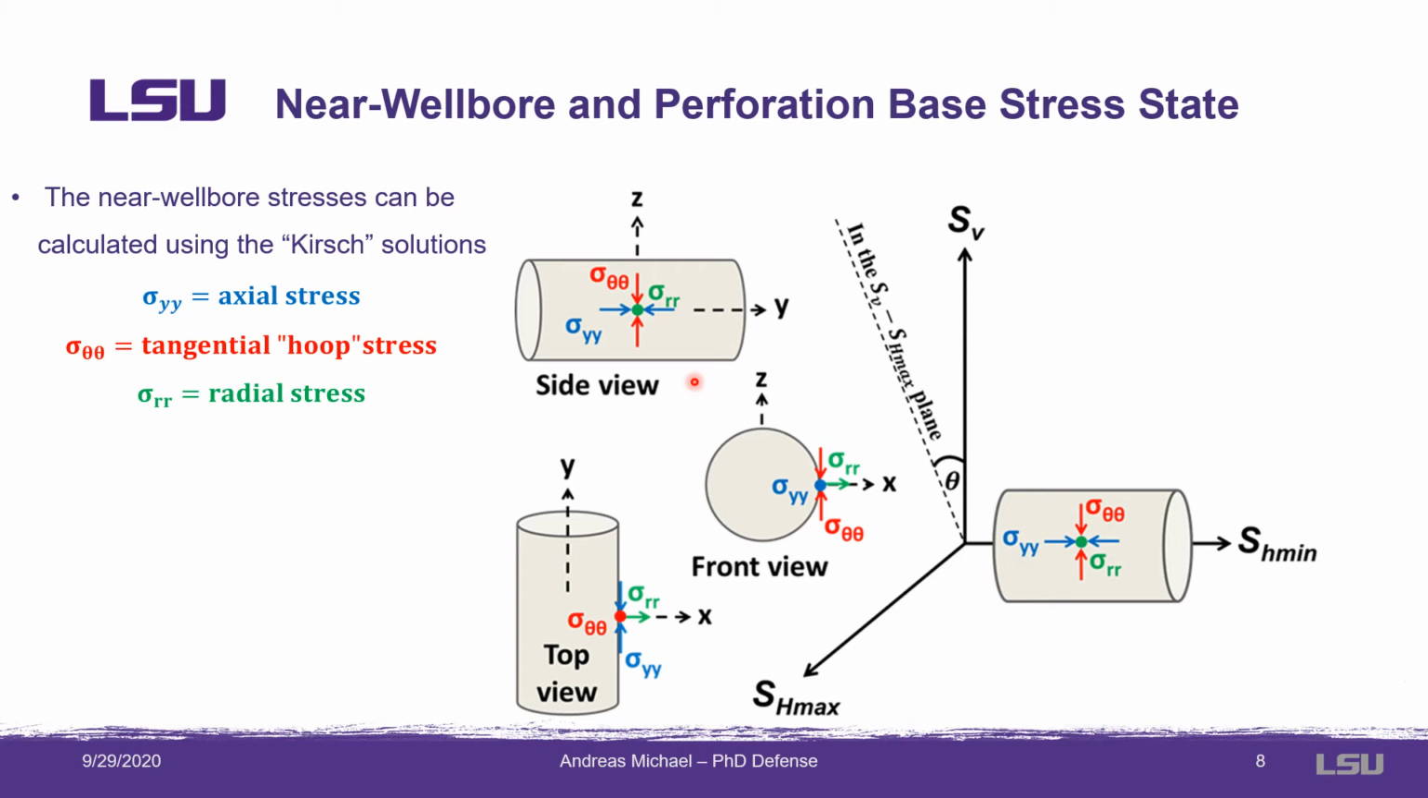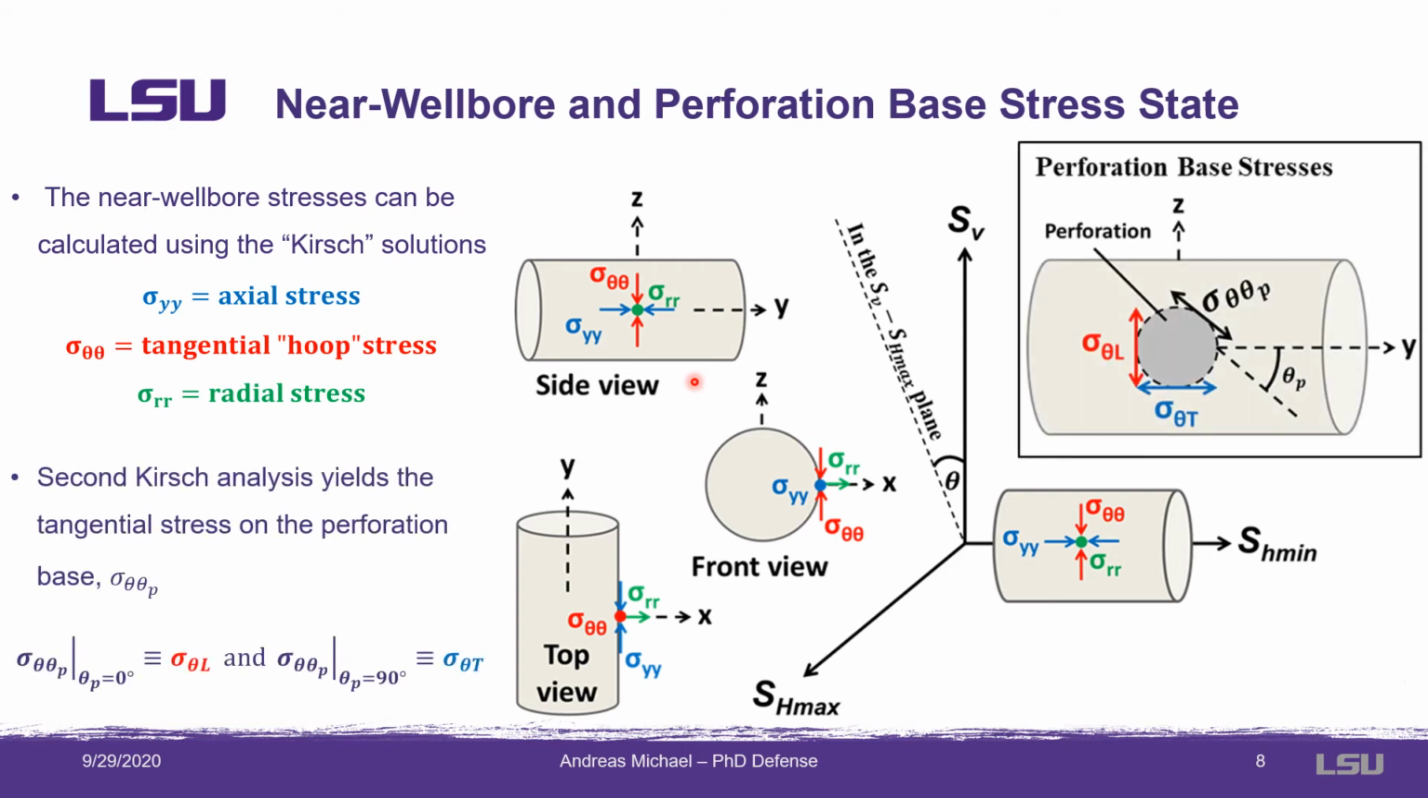For perforated wells, we follow the Hossain method published in 2000, performing a second Kirsch analysis on the perforation tunnel. This allows using the wellbore axial and tangential stresses as inputs. This allows us to derive a mathematical expression for sigma theta theta p, the tangential stress on the base of the perforation tunnel. The value of the sigma theta theta p